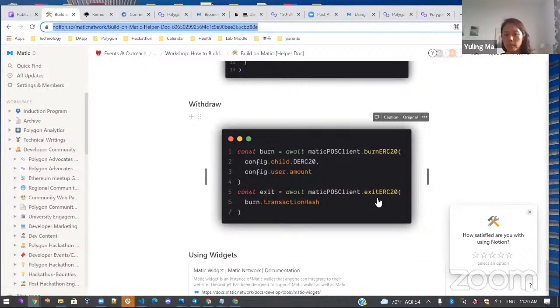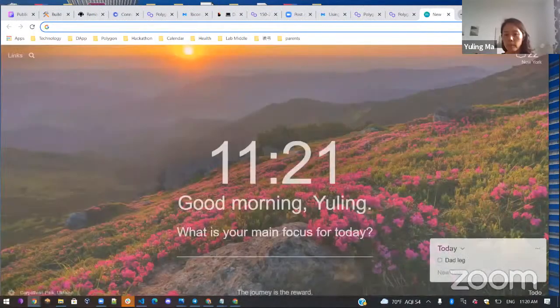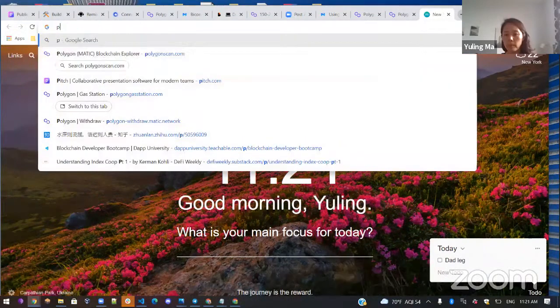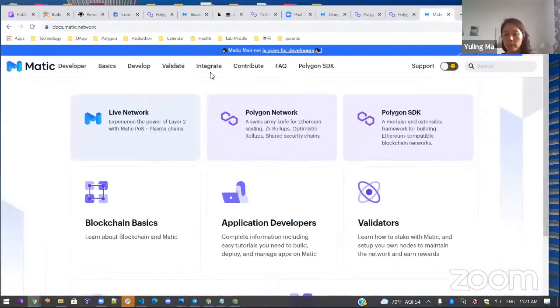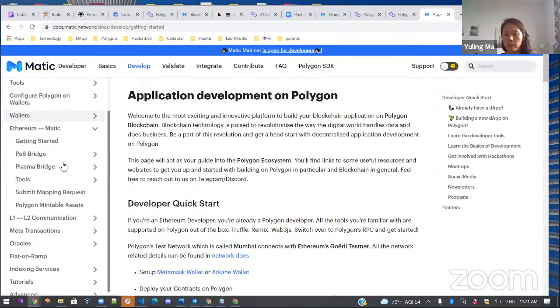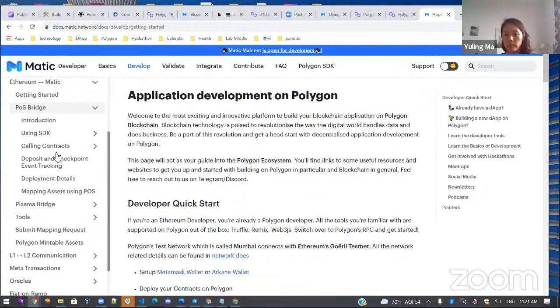So what if you don't have the token mapped? What if your dApp is developed on Ethereum only, and you have your own token and you're looking to bring this token to Polygon for the first time? For that, you will be able to map your token to Polygon through the mapper that we provide on Polygon. To do that, I'll just show you here on the docs. We have Ethereum to Polygon here, and then here we look at the POS, proof of stake bridge,